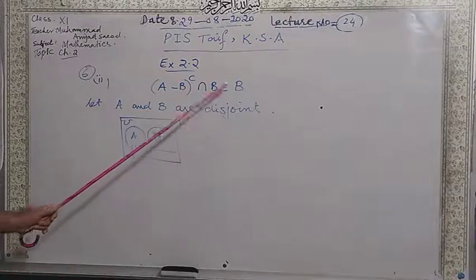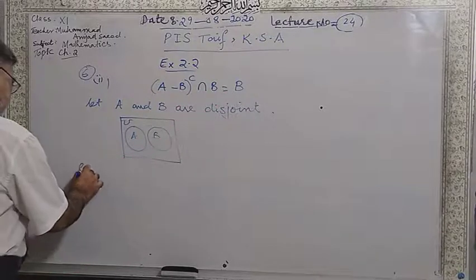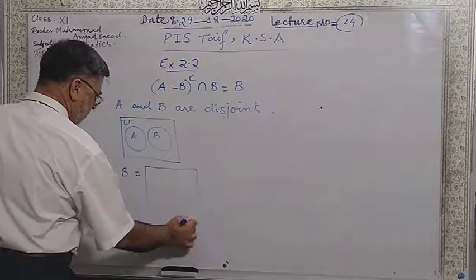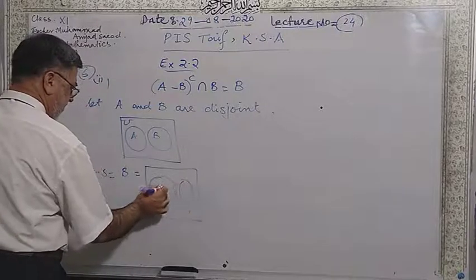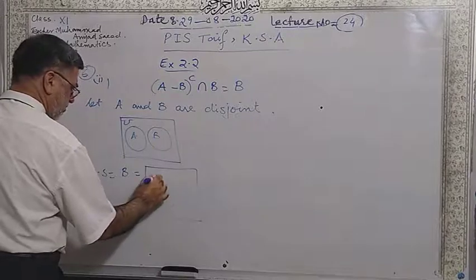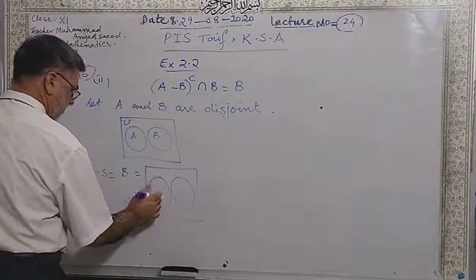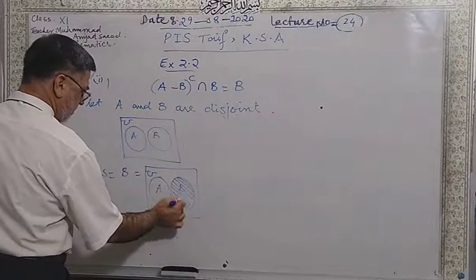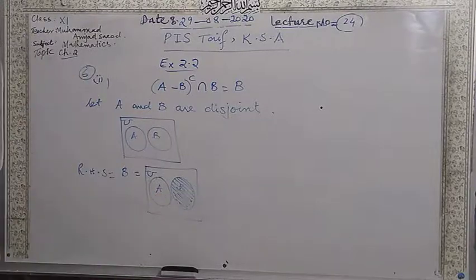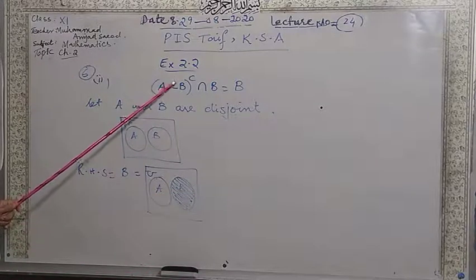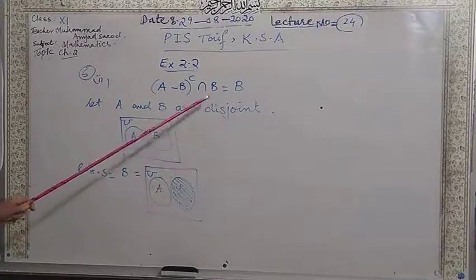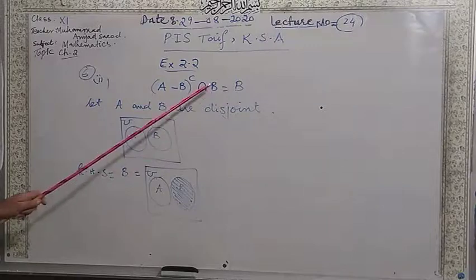Now this time we will take the right hand side first, because it is a single set which can easily be drawn and shaded. This is A, this is B, universal. B is shaded. This is your right hand side. Remember that for the left hand side, you must have the same diagram. Here is B. This is B also. So we can use this B for our purpose of intersection.